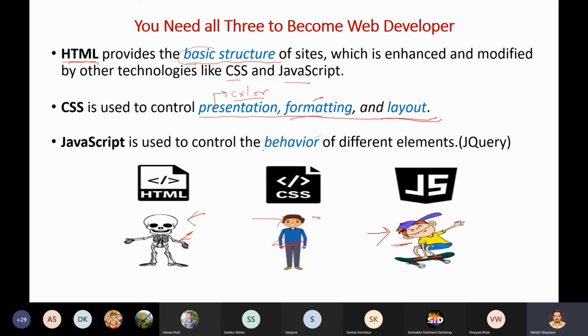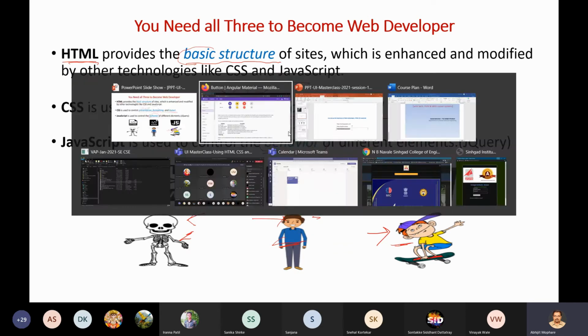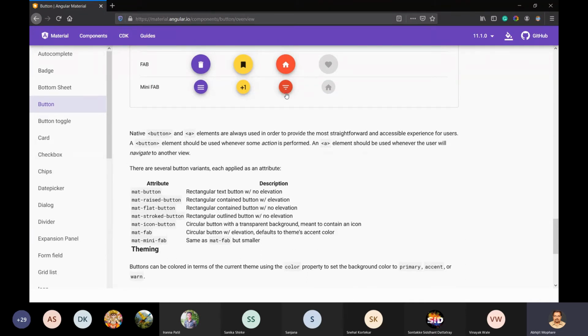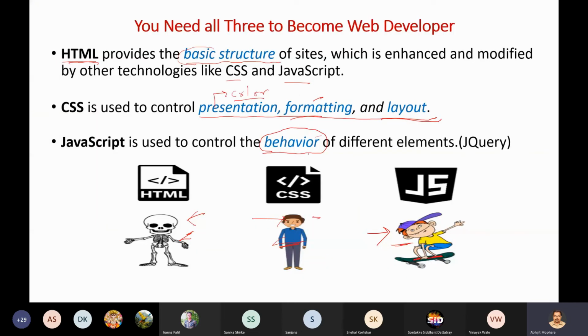And then JavaScript deals with the behavior. You can see this is a button, and when the pointer hovers over that particular button, the pointer changes, right? Correct. And when you click on that button, see the ripple effect comes. Such kind of behavior is achieved with the help of CSS and JavaScript, right? If it is a behavior related with the graphics, look and feel, then it is combined with the JavaScript.